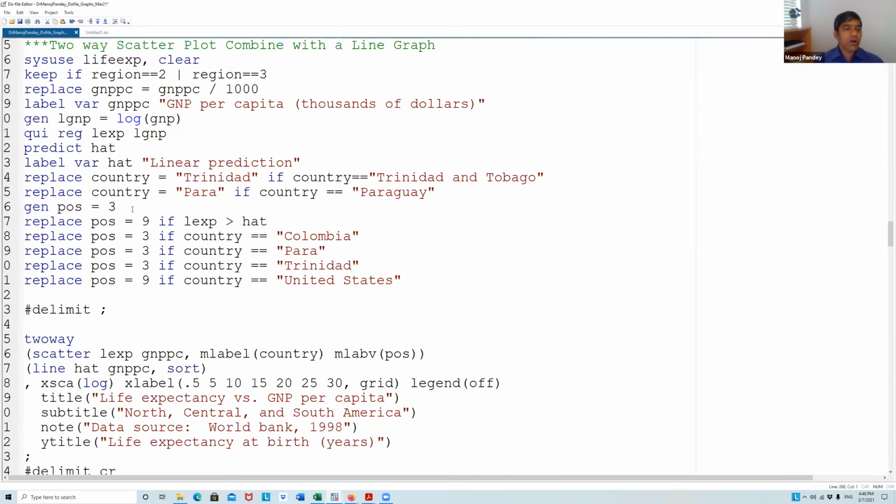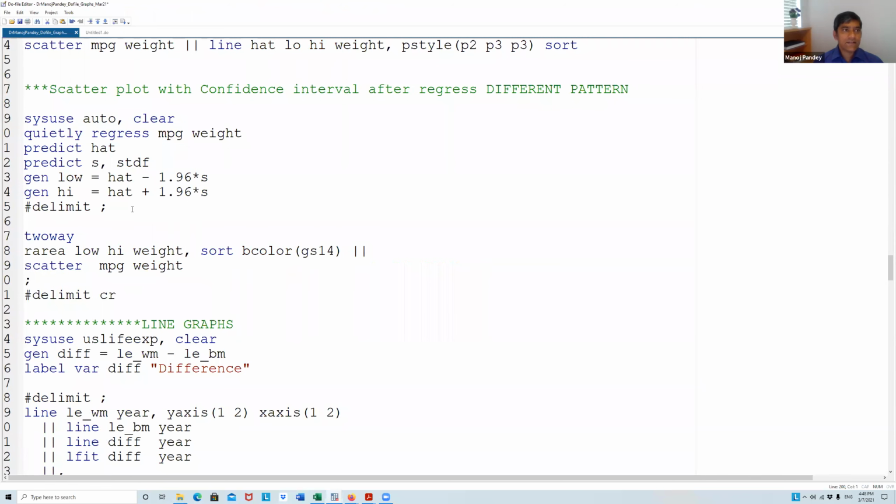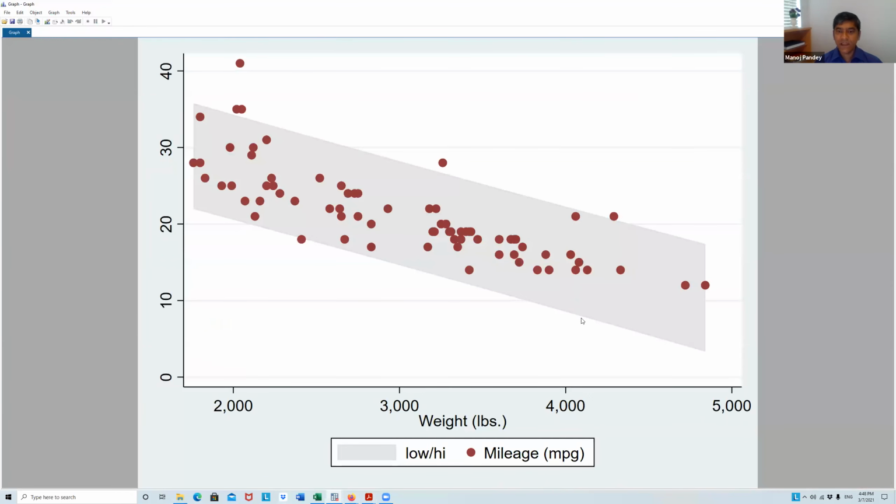Then we have scatter plot, which we already did, so I'm not covering that. Sometimes in a scatter plot, you need a different pattern and you also need some sort of confidence interval, right? So let's run this. This kind of scatter plot you can have where there is a 95% confidence interval. So this shaded area gives you the 95% confidence interval. You can see that most of the data is within the 95% confidence interval, and those which are not, you can safely call them outliers or something. Okay, they are not behaving as per the pattern.